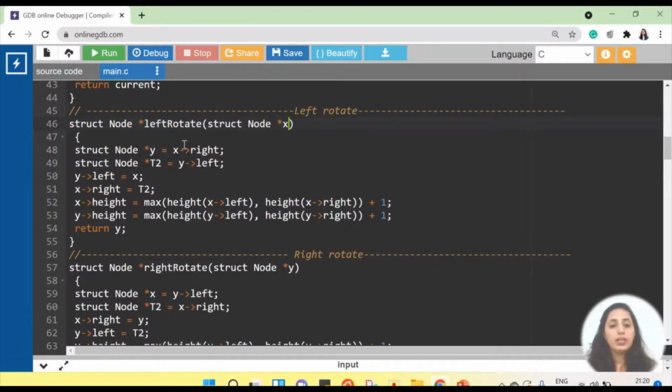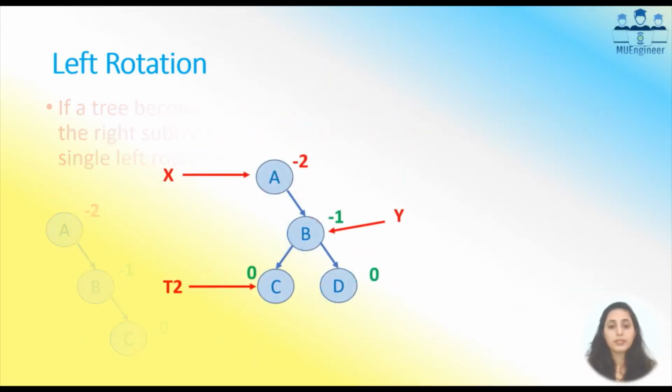Say for example this is the case. Here you have added a new node D. After adding D, the tree is imbalanced because for A the balance factor is -2, which is not allowed.